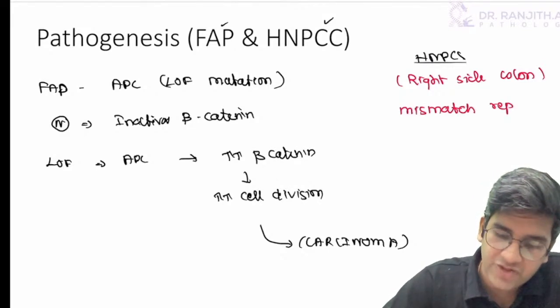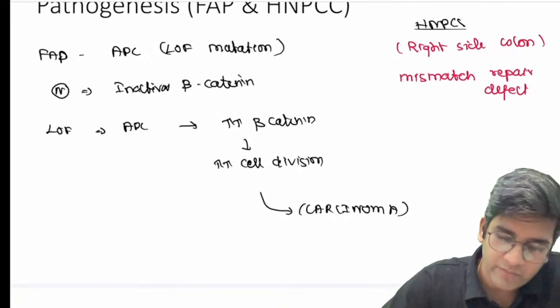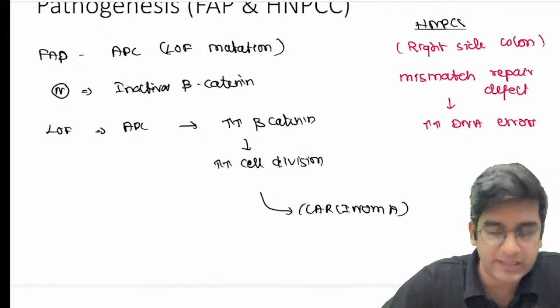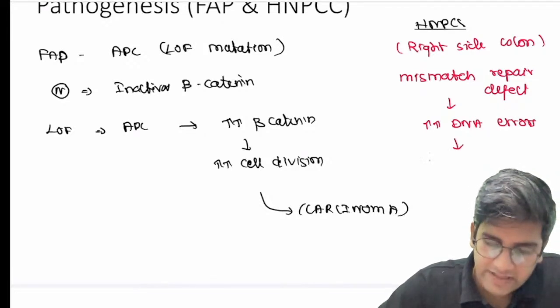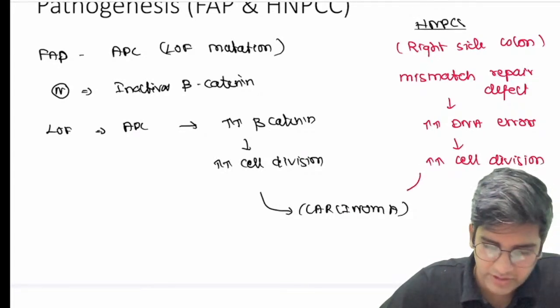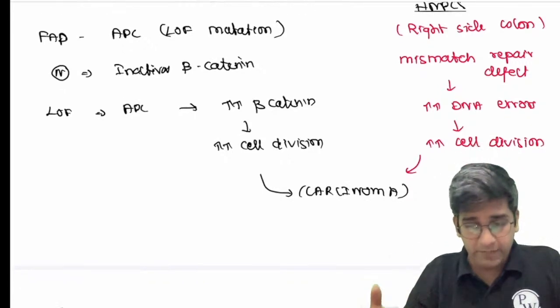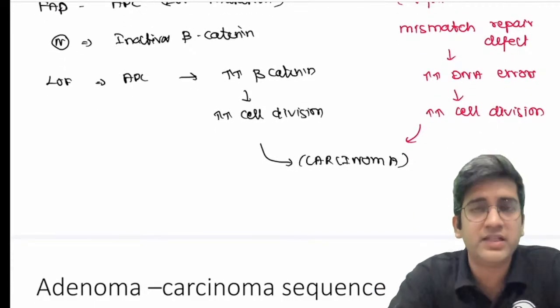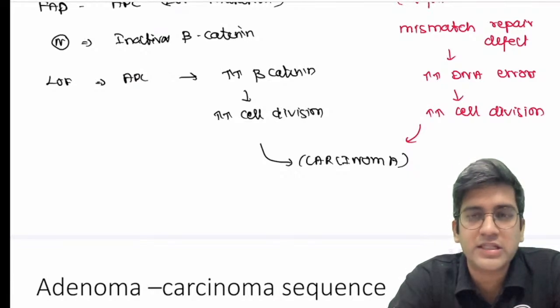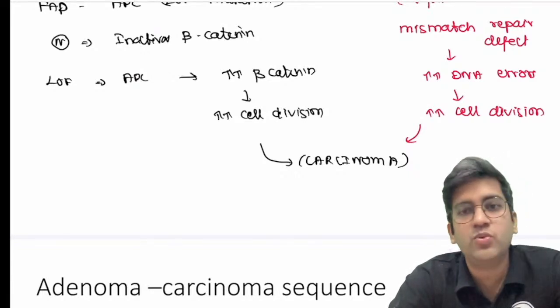So when I have mismatch repair defect, by default it's self-explanatory, the DNA errors are not being corrected, so they accumulate. That by default will cause more and more mutation, more and more cell division, which will definitely result in carcinoma, right? It's like P53. It's going to have more and more errors, which primarily is going to result in adenocarcinomas, right? So that's how the normal thing is.